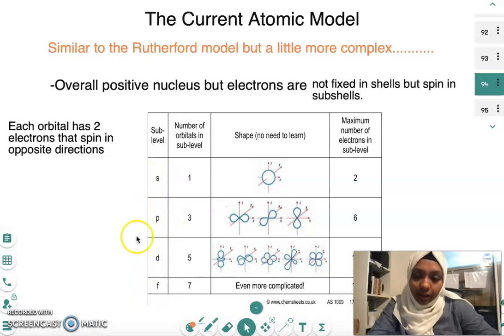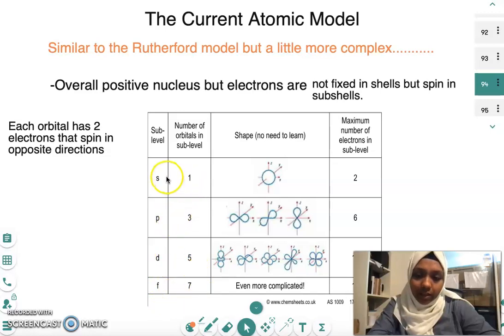Now each subshell has orbital levels, or sort of like energy levels. The S subshell has 1 orbital, the P subshell has 3 orbitals, the D subshell has 5 orbitals, and the F subshell has 7